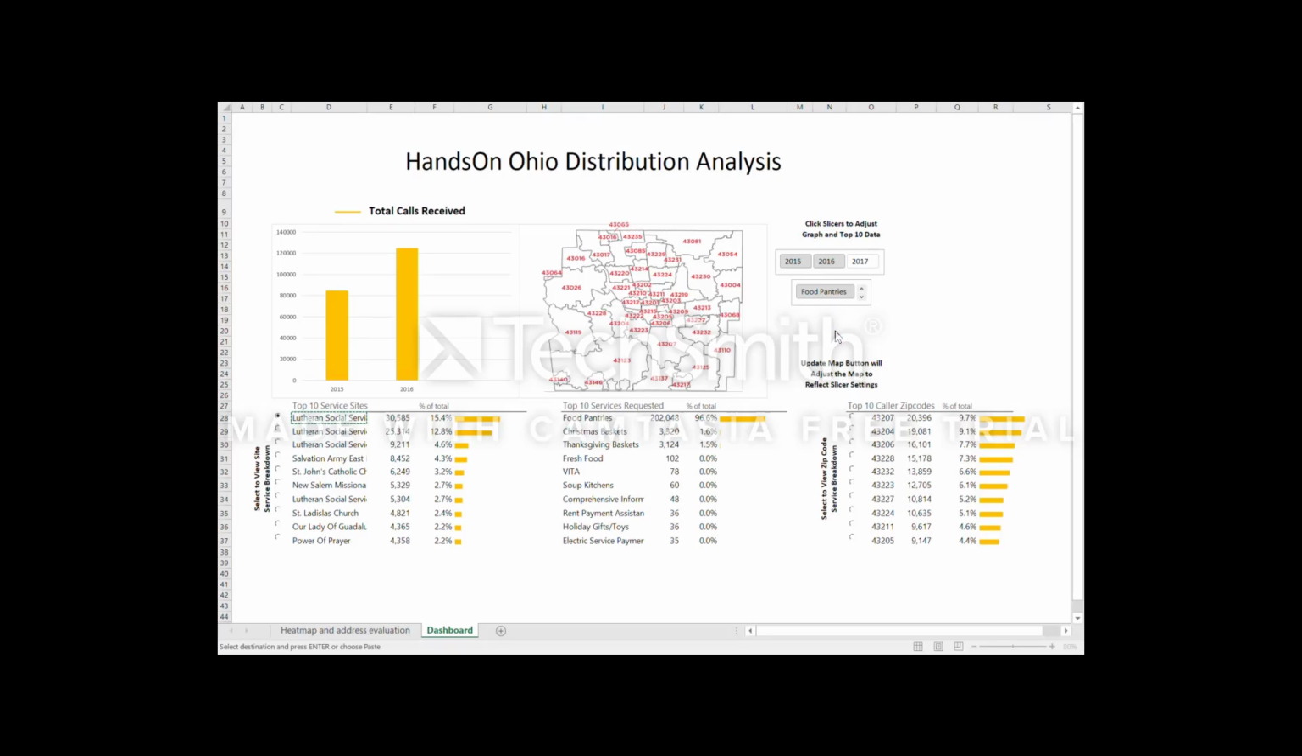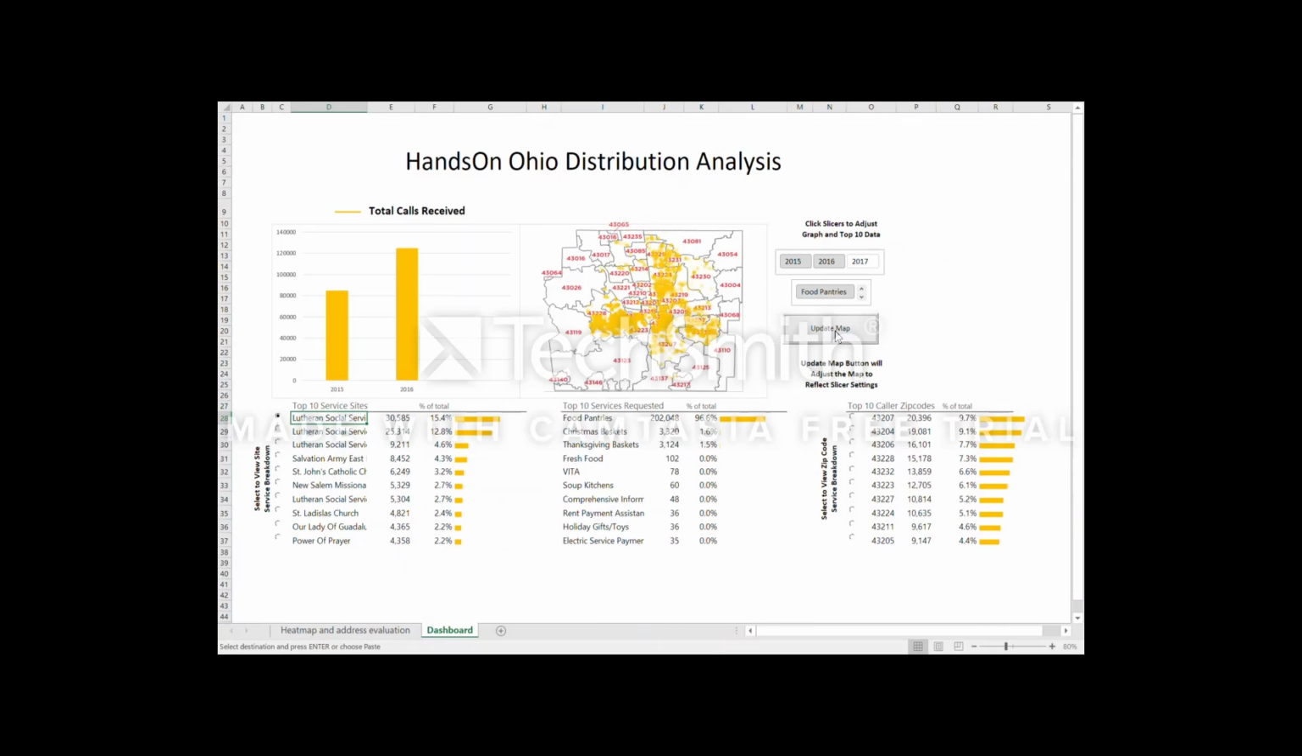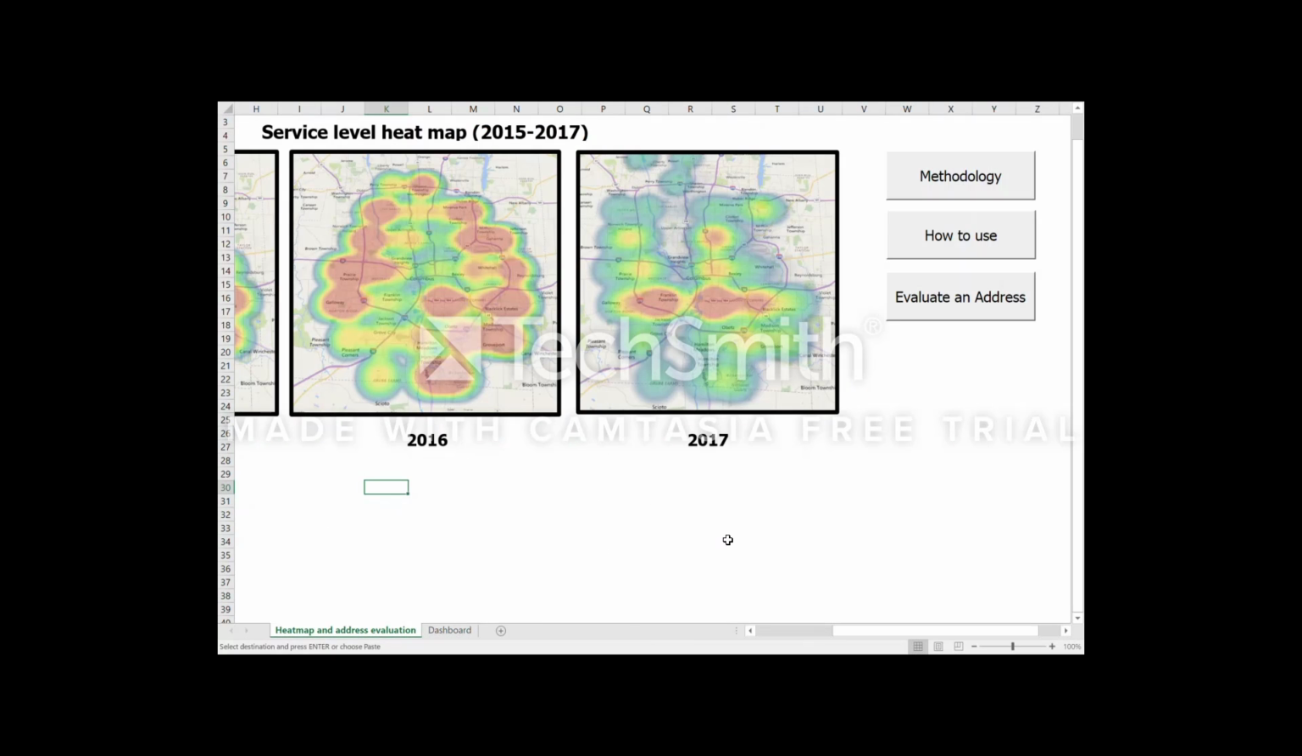so that later on they can go to the heat map, see how it changed over time, all on one screen, and then they can use the site evaluation tool to really fine-tune their decision and make sure that what they're doing is the best. And there we go. All right, so these two tools together, this interactive dashboard and the heat map address evaluation,